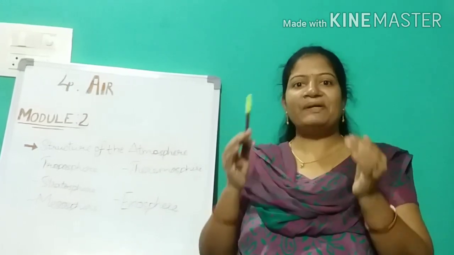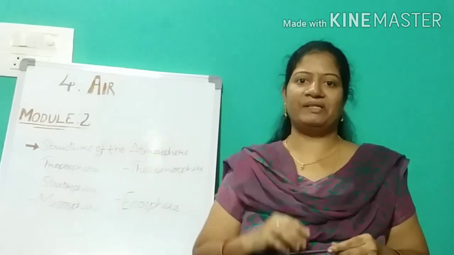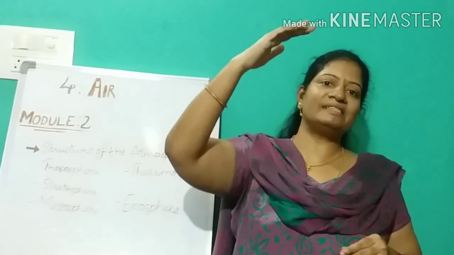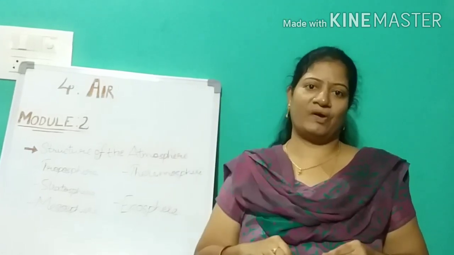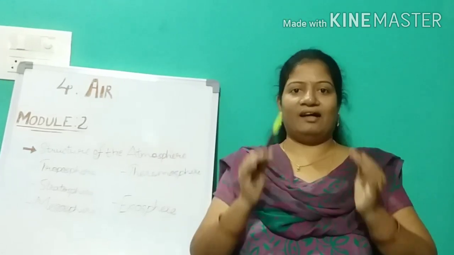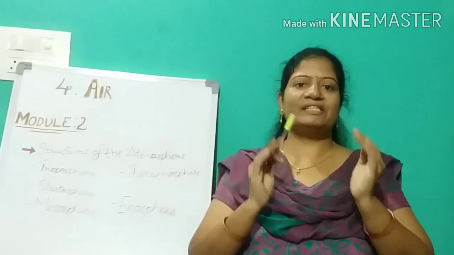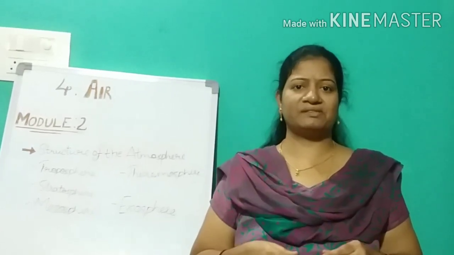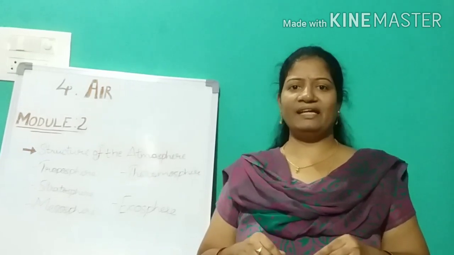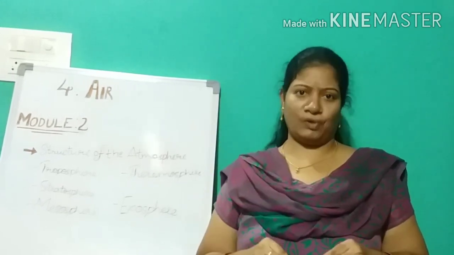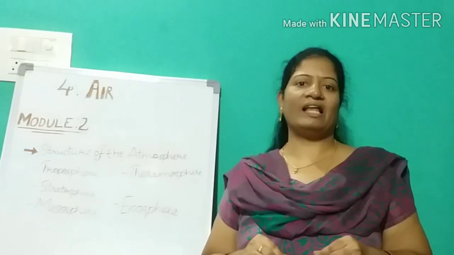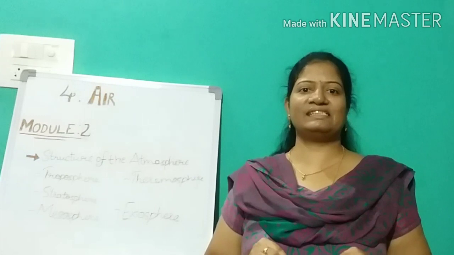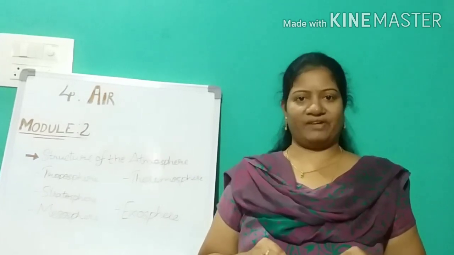Here the temperature will be constant for a few kilometers. After going back to rising, after a few kilometers it will rise gradually. Okay, and in this layer there are no disturbances, meaning no clouds, no rains, no storms, right? This is a completely weather-free zone. Okay, and it will be helpful for jet flights to fly in. This is the ideal zone for jet flights.